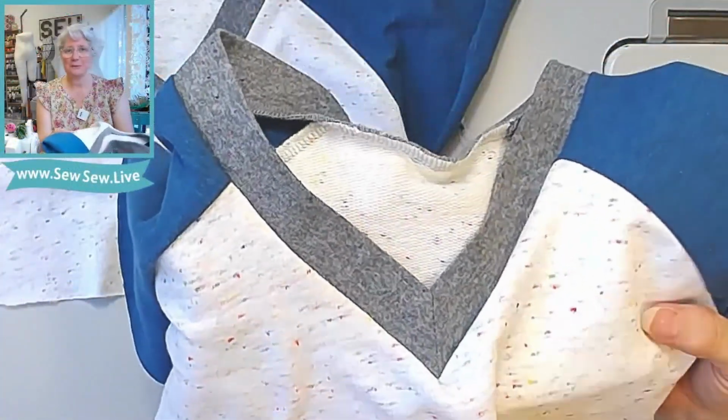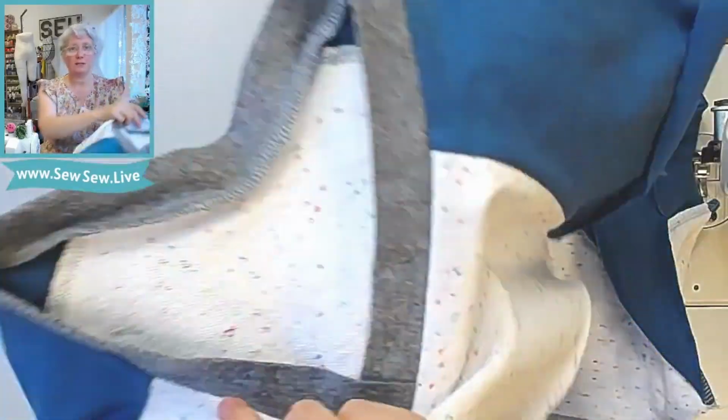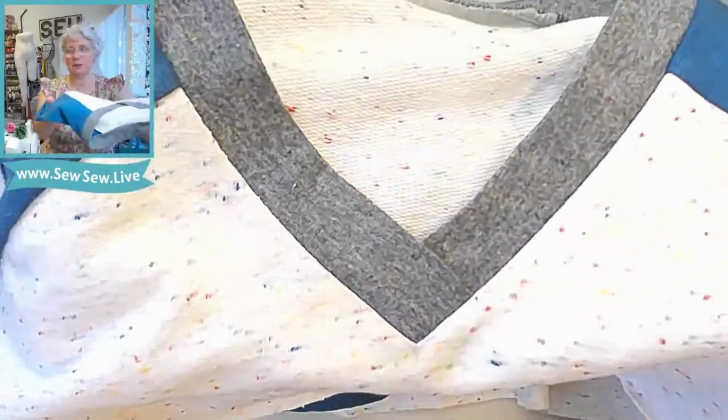Hi, I'm Sarah with Sew, and today I'm going to be showing you how to sew a center seam V-neck with a neckband. If you want to sew an overlap V-neck just like this one, there's a link in the